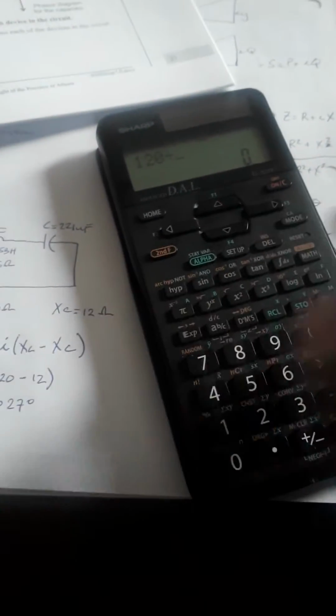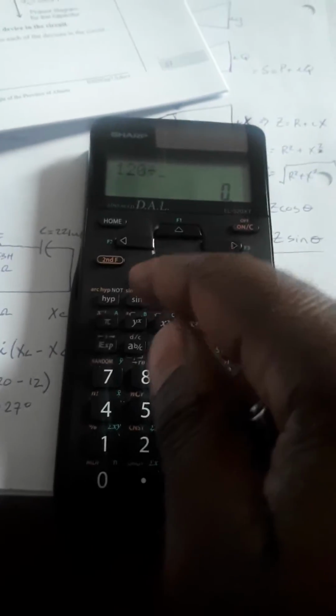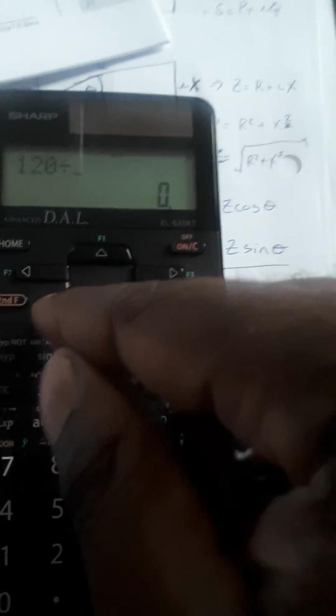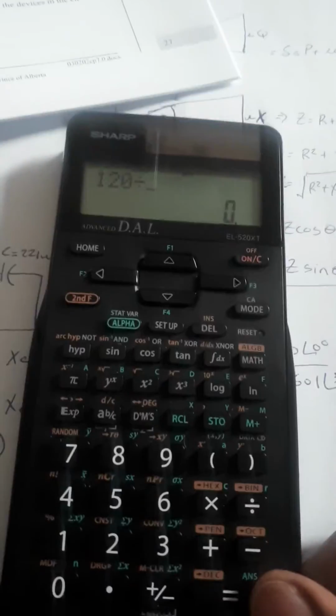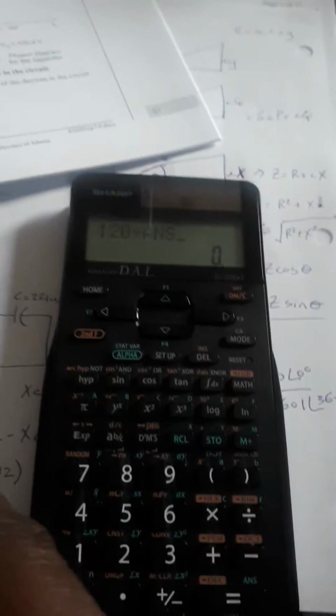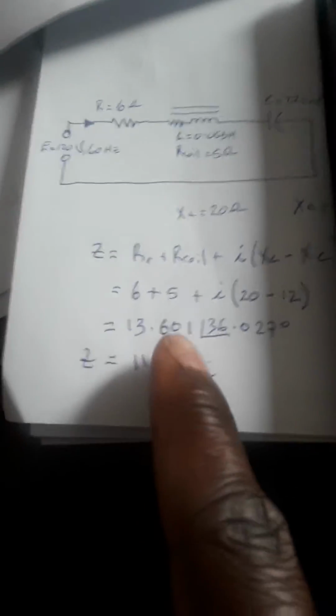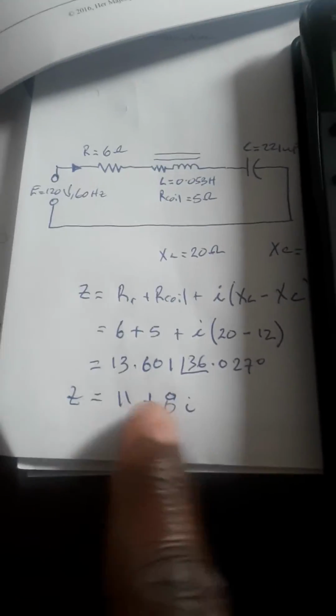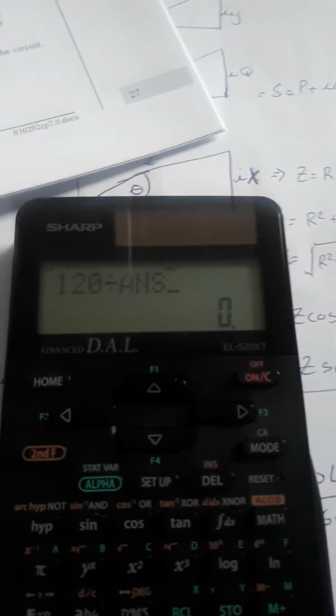just another feature of the calculator here: without clearing anything on the calculator, we can just go ahead and type 120 divided by the answer for the last impedance that we calculated, which is still in the memory of the calculator. So to get that memory out, you just press alpha, and if you see here, Ans, that's the answer that was in the memory, and it will then divide that 120 by this value that we had calculated. When you press equals,